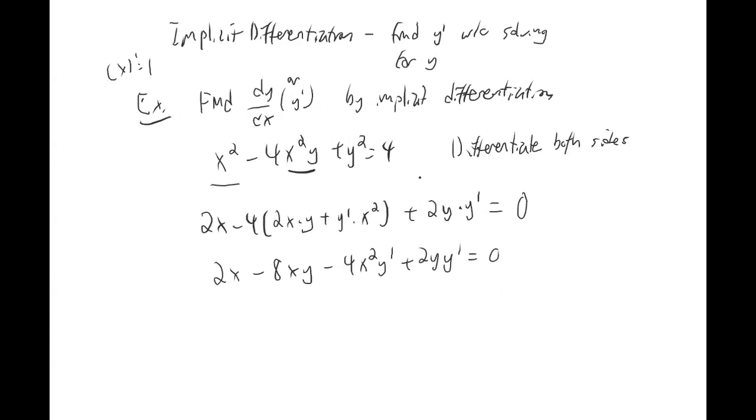Well, you move all the y primes to one side and all the non-y primes to the other. So I get negative 4x squared y prime plus 2y y prime is equal to 8xy minus 2x. And then you factor out y prime,